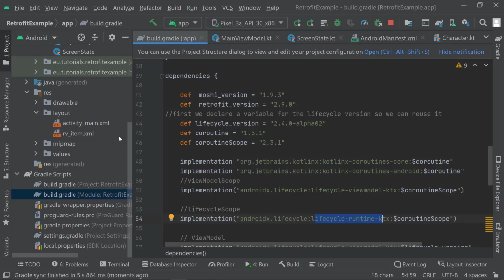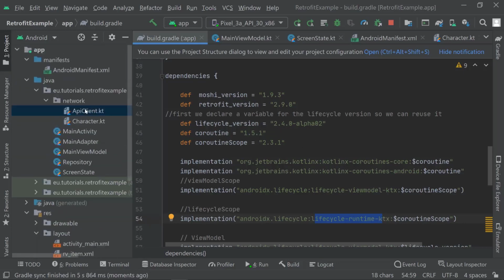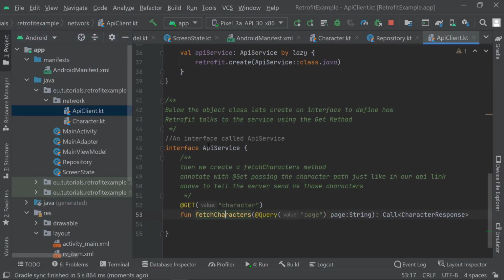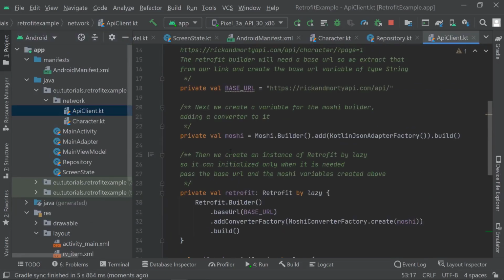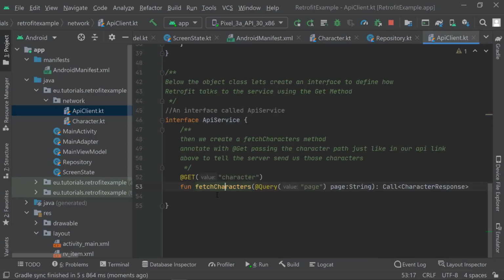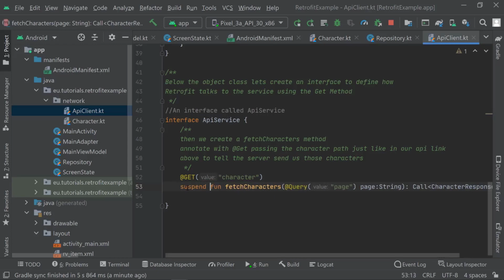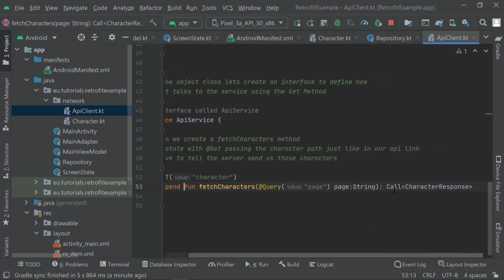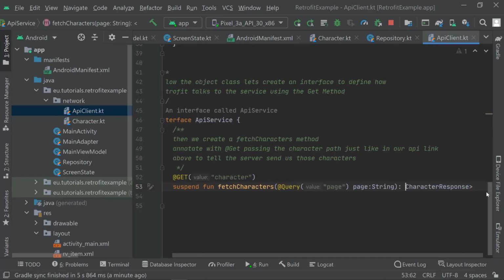Before we do that, however, after it has synced, let's go over to our API service, which is here in our API client class. This is where our API client object was created, and that's where we had our interface API service. So now I'm going to add a keyword which is important for coroutines, which is the suspend keyword. This is the suspend modifier, and when you add that at the beginning of the function, then we remove the Call interface from the return type. So here we can get rid of this Call at the end, and we can just